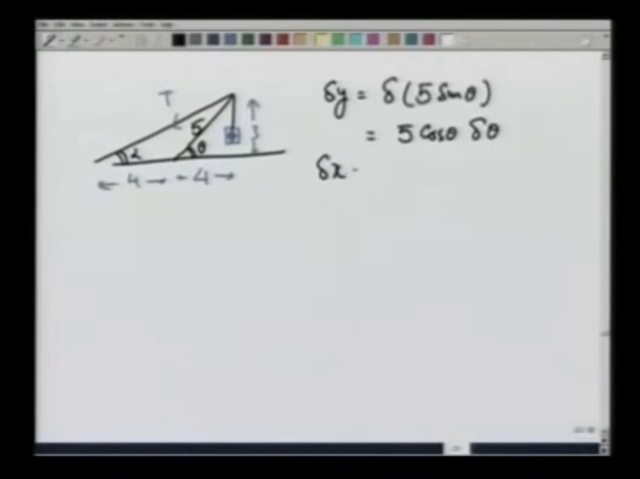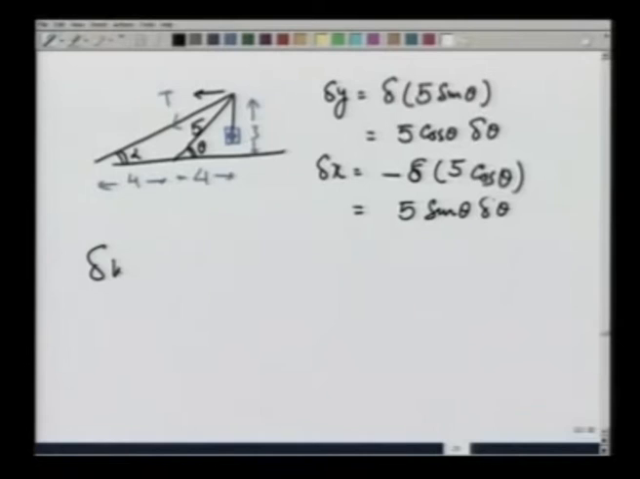Similarly, delta x is going to be in the negative direction, x is going to decrease. So, I am going to write this as negative, or just keep in mind it is to the left, is going to be delta of 5 cosine theta, which is going to be 5 sine theta delta theta towards the left. We have calculated both x and y components, and therefore, the total work done delta W